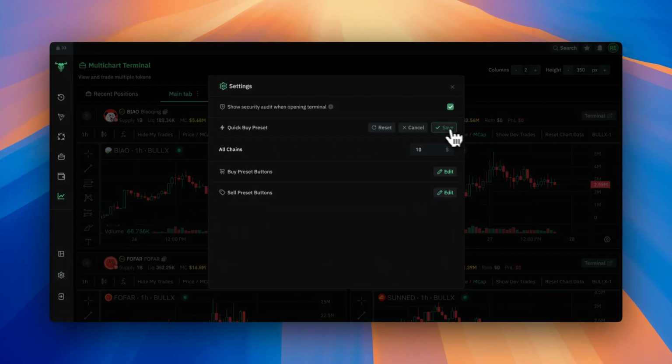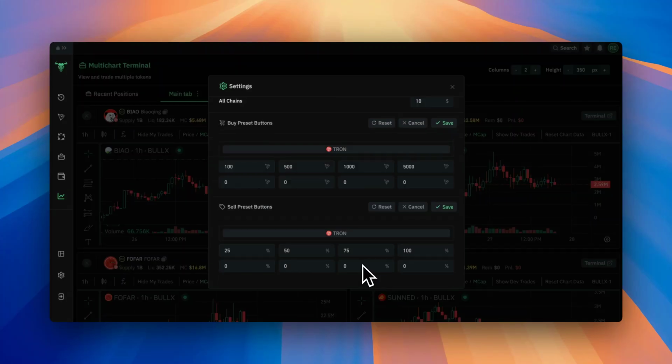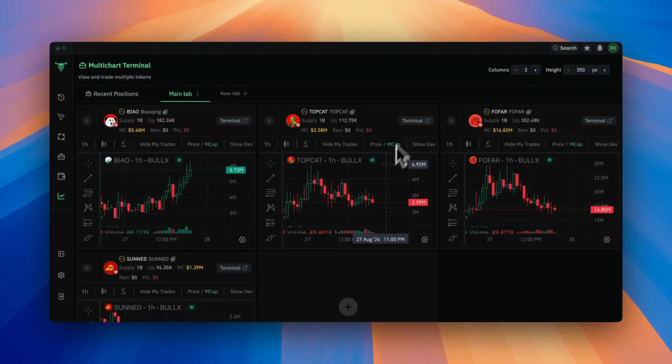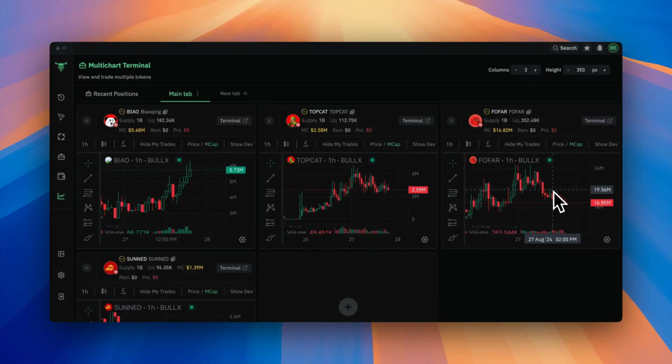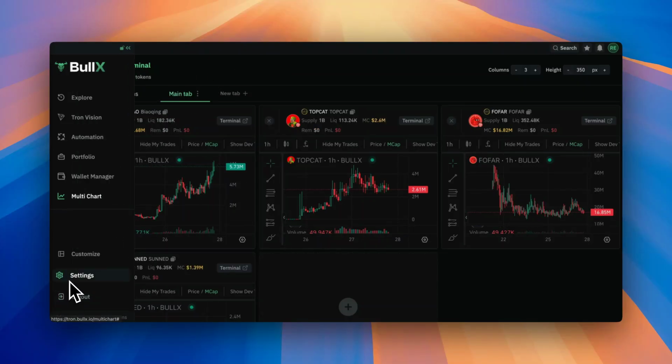Yeah, the different settings. You can change the quick buy settings to $10 or TRX, or even your sell preset buttons. You can change them. No different than when you're working with a Telegram bot, which is nice. And yeah, we can even adjust the columns. Nice. This is pretty much just like the Dexscreener one, just nicer because it's BullX. They just need these to be shareable, and they'll be so happy. And I can just go ahead and replace all of my watch lists with the BullX ones.